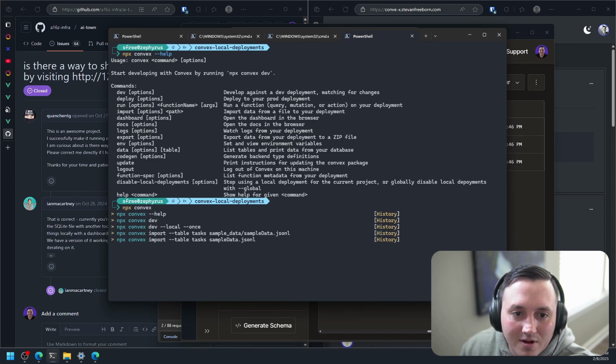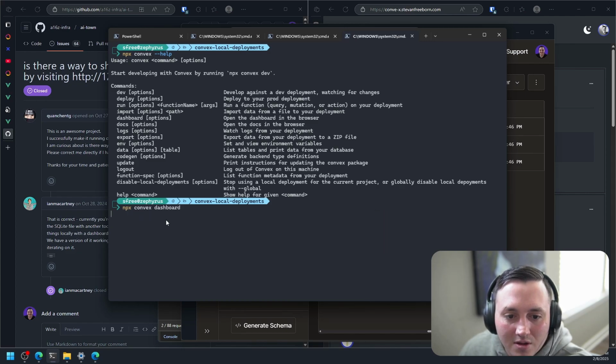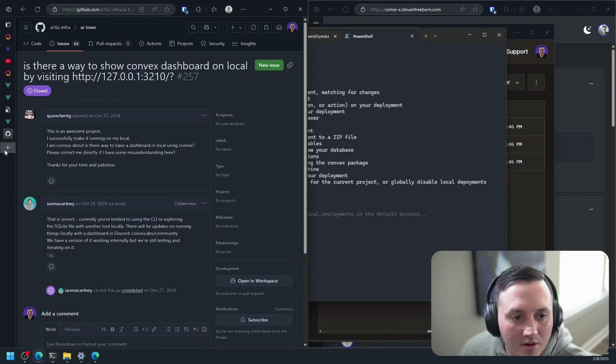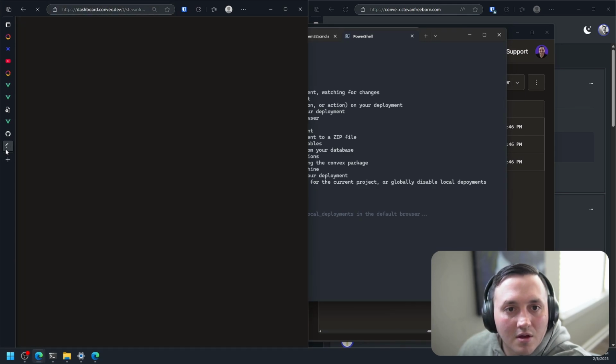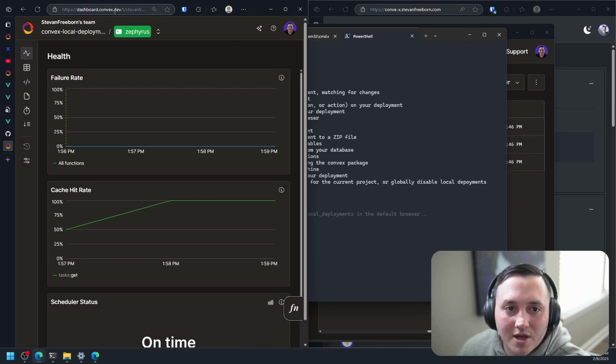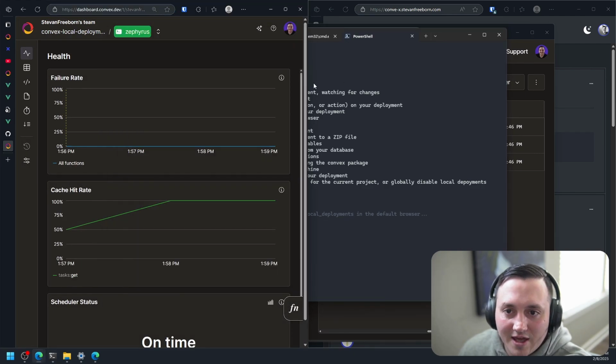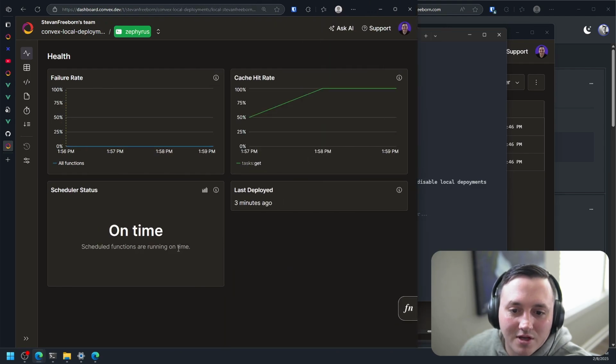So if I type convex dashboard, yeah, I don't think this is gonna work. Oh, no, it does. Okay, cool. So that's how you get to it. Very cool. Okay, that should be stated somewhere more clearly.